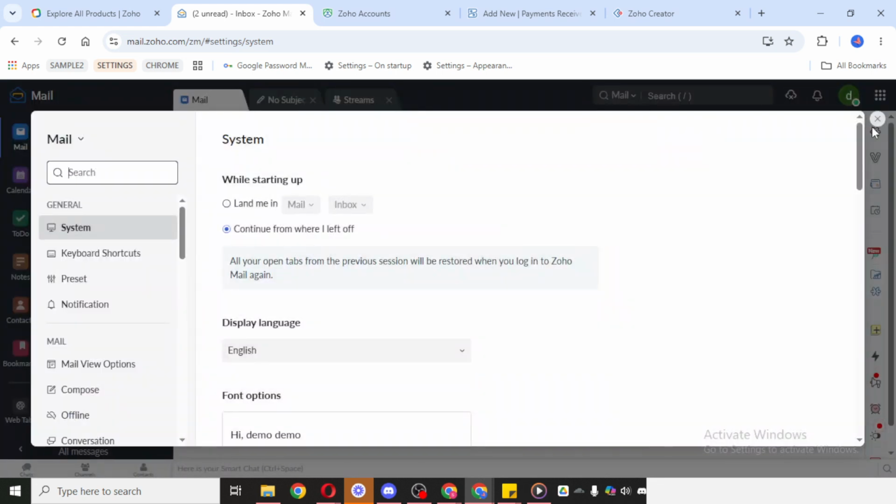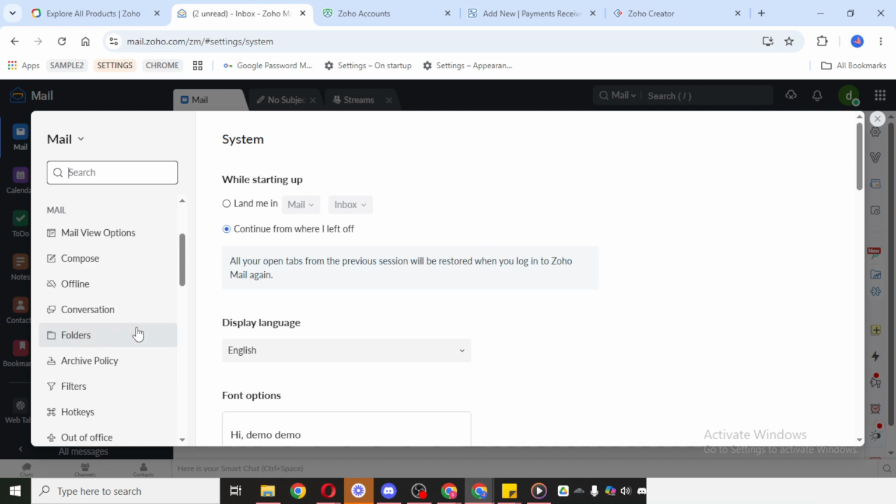This will open the section where you can manage different options related to your mailbox, appearance, writing preferences, and more. If you're new to Zoho Mail, don't worry if there are several categories visible. We're only focusing on the part that controls your email signature. After that, click on Signature. This is the section where you can create and edit the footer that appears in your outgoing emails.